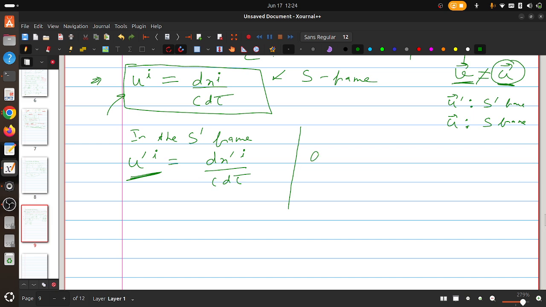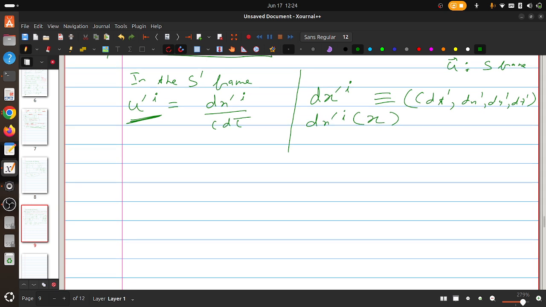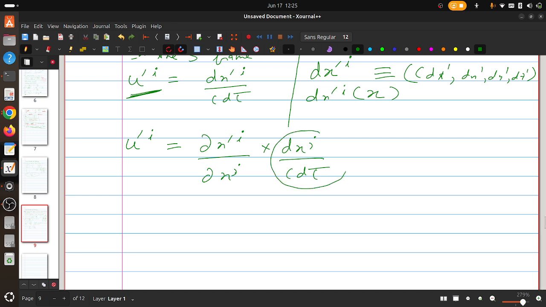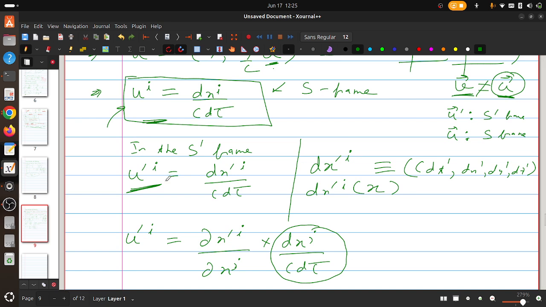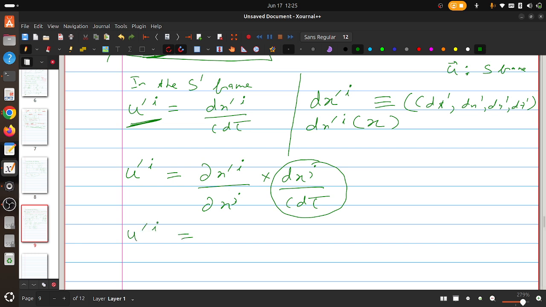We know that dx prime^i is basically c dt prime, dx prime, dy prime, and dz prime. How does dx prime^i exactly transform? It transforms using Lorentz transformations, right? We know that x prime^i is a function of x, so we can use the partial differentiation chain rule here. We can simply write u prime^i equals dx prime^i divided by dx^j, where we should use j because a different index should be used, upon c d tau. Now we know this quantity already, isn't it? It is just u^j. So we can simply write u prime^i equals u^j multiplied by dx prime^i by dx^j,